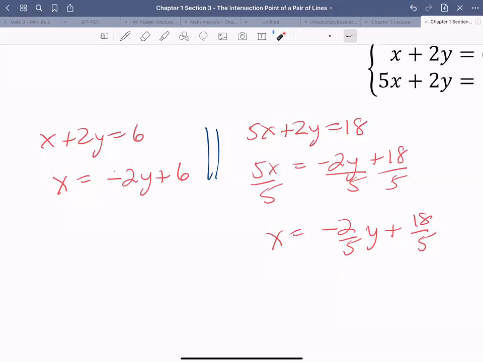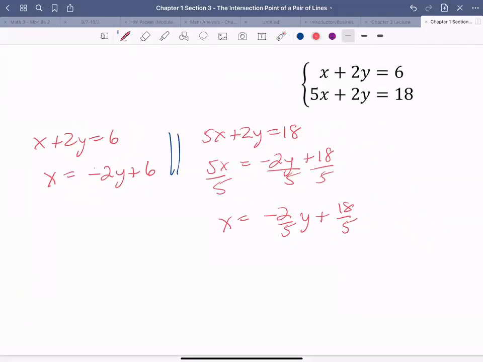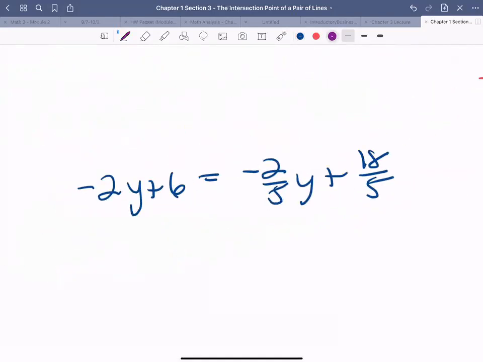All right. Now, again, fractions could be terrible. So if we set them equal to each other, we get negative 2y plus 6 equal to negative 2/5 y plus 18/5. Well, I want to get rid of my fractions, so I'm going to multiply all of this by 5. When I multiply all that by 5, 5 times negative 2y is negative 10y. 6 times 5 is 30, sorry,